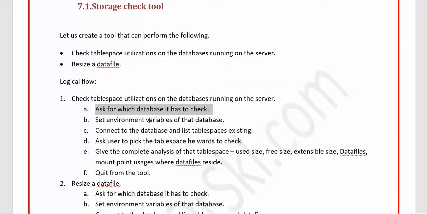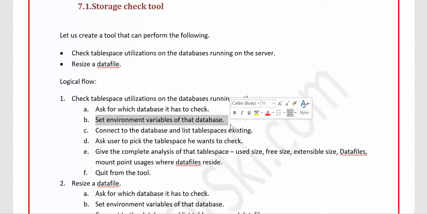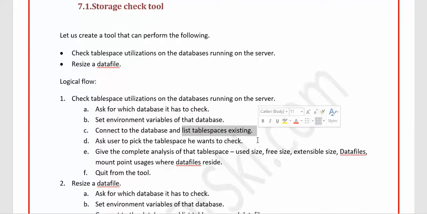After they select the database name, you set the environment variables of that database throughout the script. Then connect to the database, list all the tablespaces existing in that database, and again ask the user which tablespace to check.